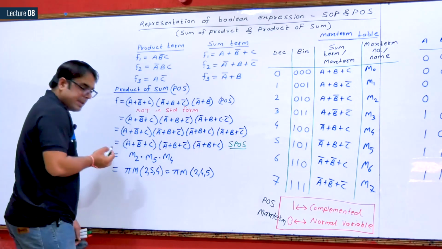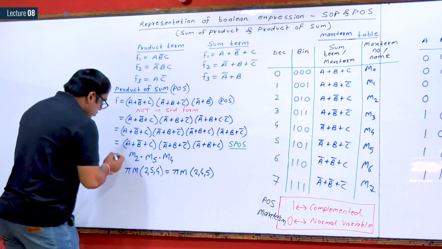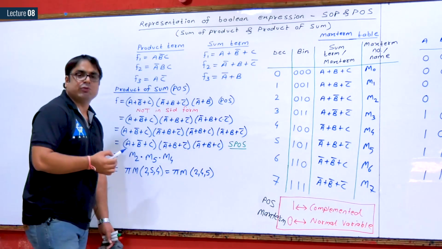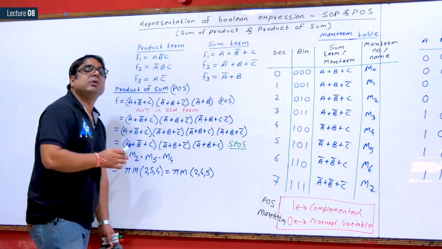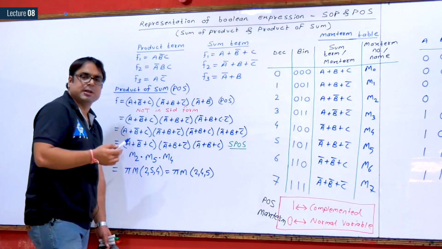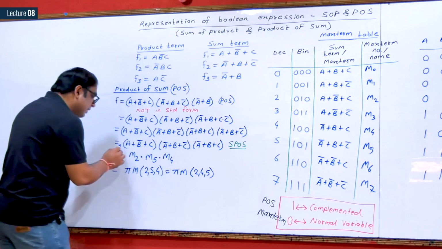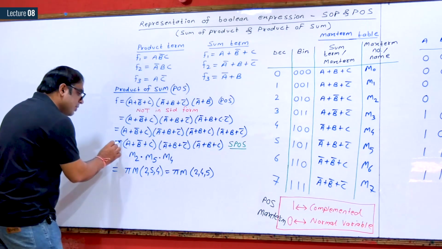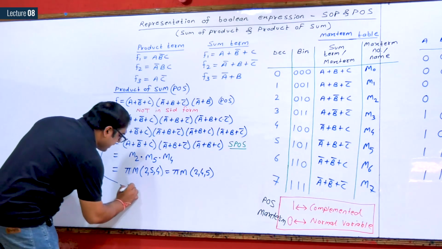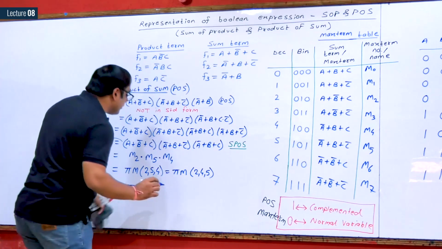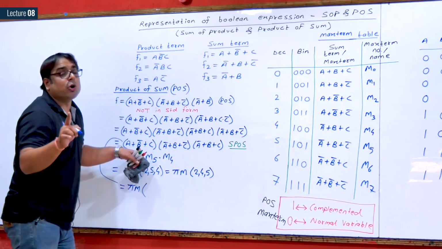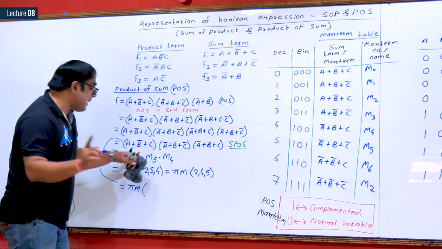Now see here, this table will not always be in front of me, neither do I have time to always draw this table. Same thing we can conclude from this step. So this step I can do this way. See, this is pi M. Just remember, complement means 1 in max term.